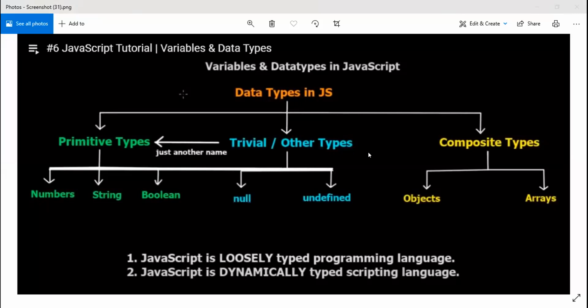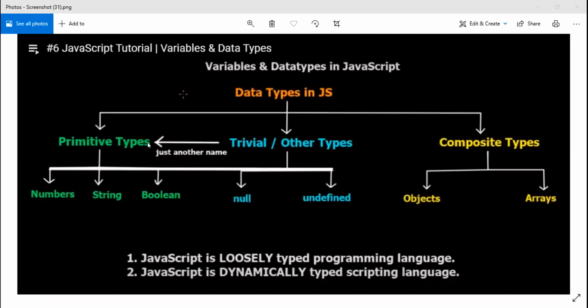All of you write down this picture. Okay, draw it, all of you. In JavaScript, there are three types of data types.